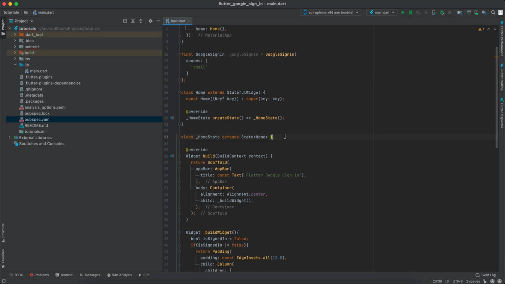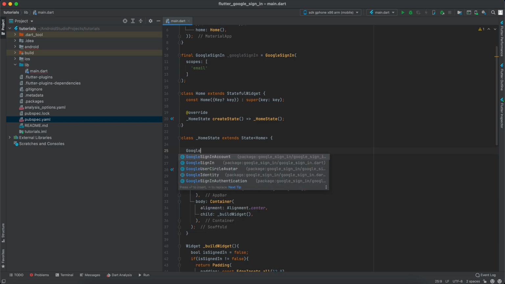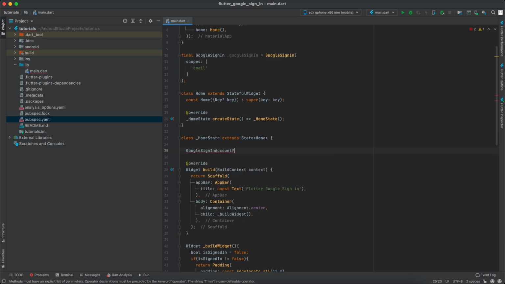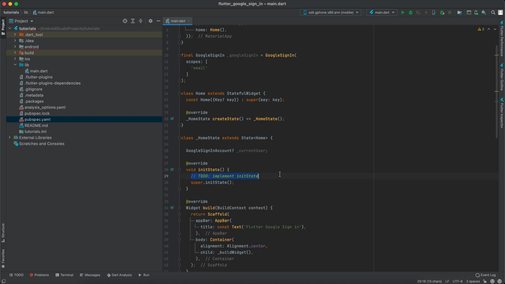All right, inside our state class, we will create a Google account. So we will type GoogleSignInAccount, and let's make this nullable so it doesn't complain, and let's call it currentUser. Okay, after it, in the initState, we need to listen for these GoogleSignIn changes, and if the user is already signed in, we will sign him in silently, so we don't require him to sign in again. So let's type initState, and inside it, we will say